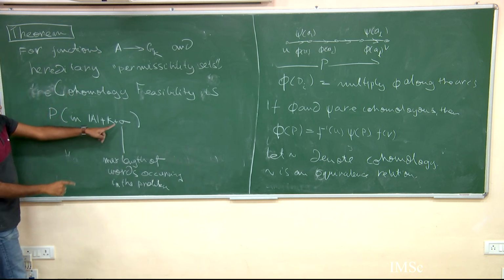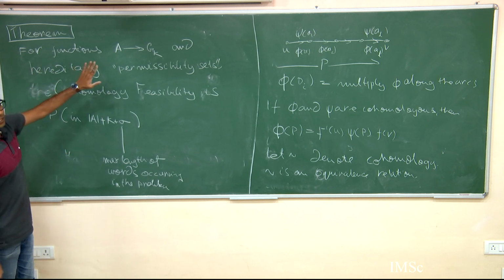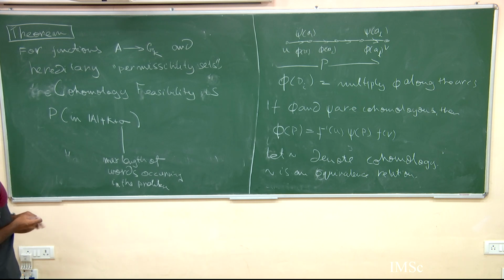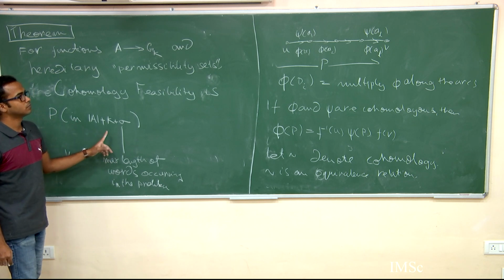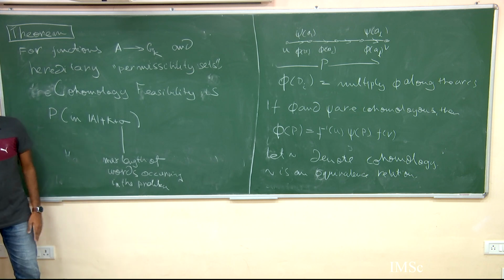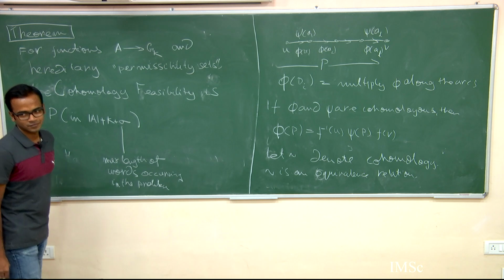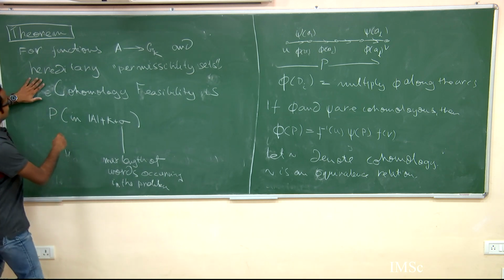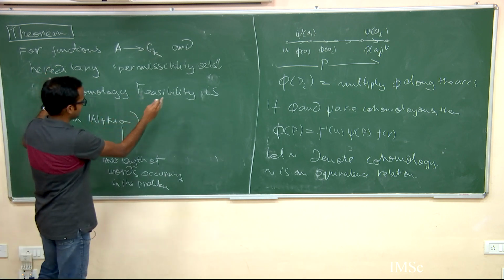This sigma is the maximum length of the words that occur in the description of the problem. For what we look at, this length will probably be 1, so you can take this as 1. So the theorem is that for a certain problem called cohomology feasibility,